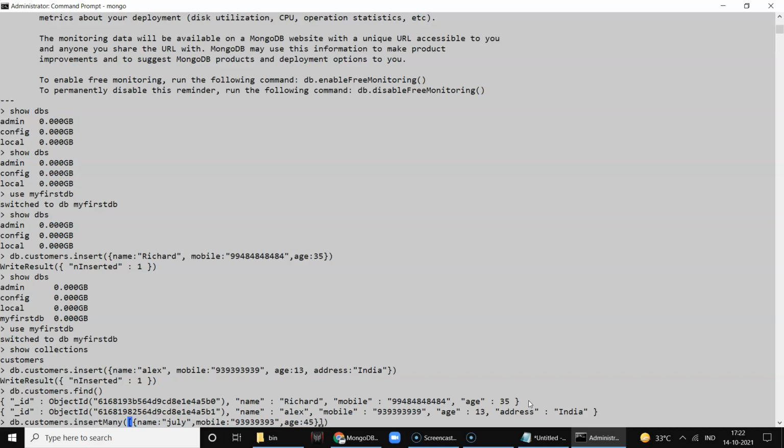Now in order to pass one more record, we say comma, and we again use the open and close curly brackets, and we pass in the name, mobile and then age.